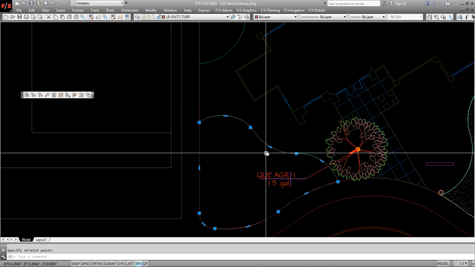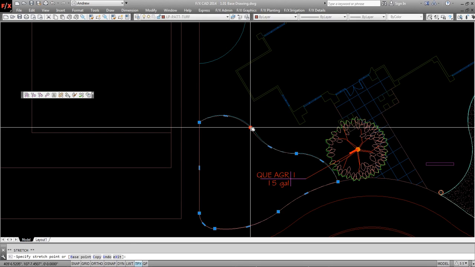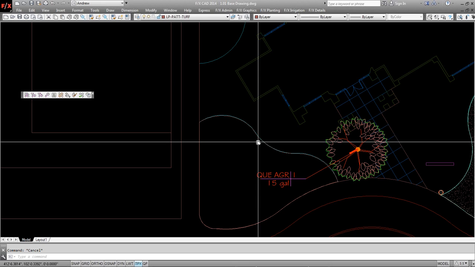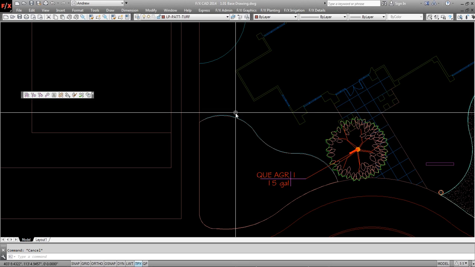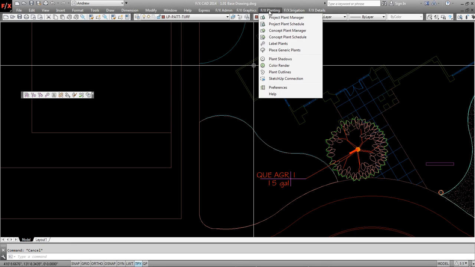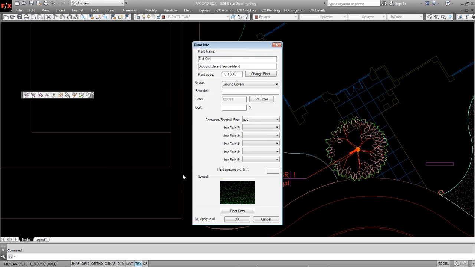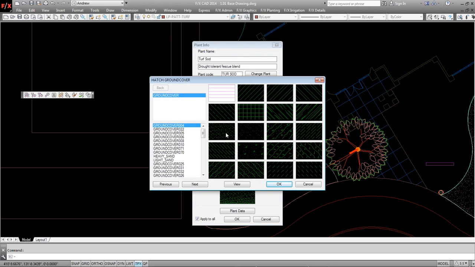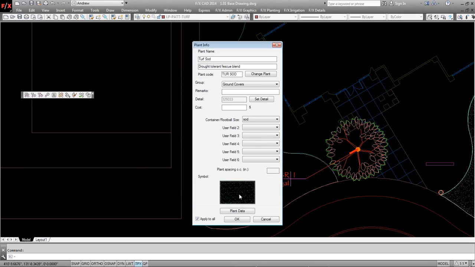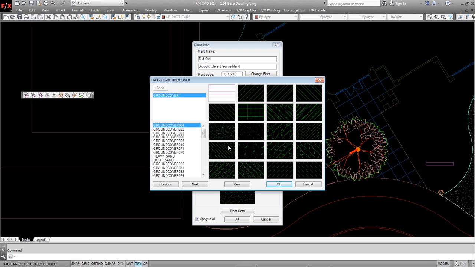All right, so we have our polyline here, and if we want to add the lawn stipple to that, go to our project plant manager, make sure that we're on ground covers, go to turf sod, and I'm just going to show you where that is living. We have a number of other, like heavy sand, light sand patterns that you could use that would not give the gradient. So what you'd want to make sure that you have is the